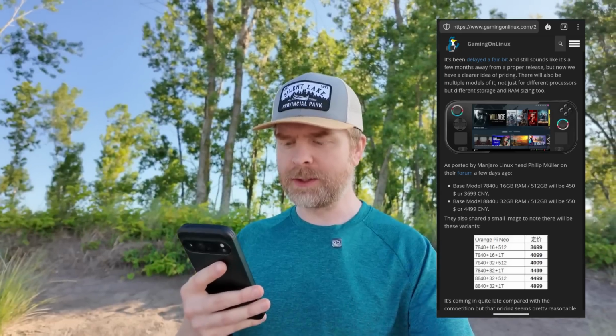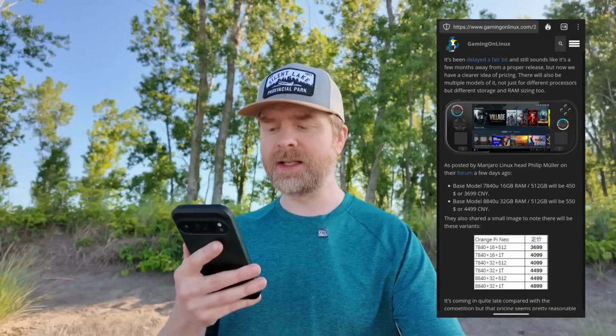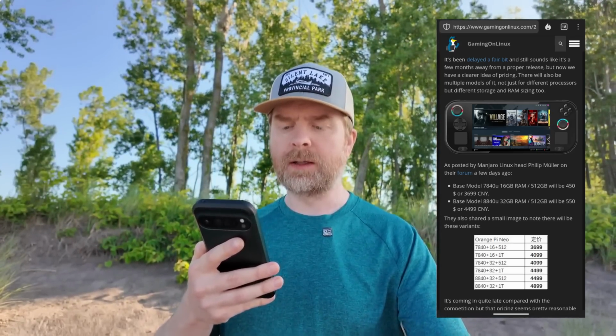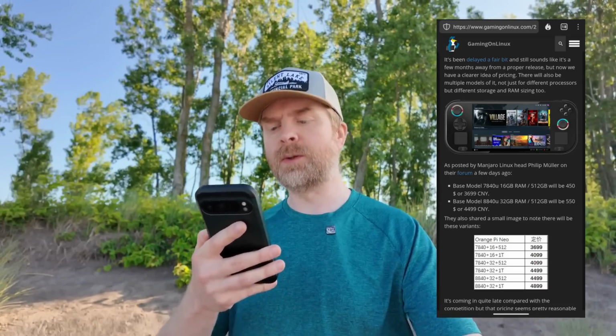And speaking about mobile or handheld gaming, next up here, we're talking about the OrangePi Neo. And we still don't have a release date for this upcoming handheld device that's going to be running Manjaro, but we do have pricing. So pricing here has been released for the two different models. The base model, which features a 7840U with 16 gigs of RAM and 512 gigs of storage, is priced at $450. And the better model here, the 8840U with 32 gigs of RAM and 512 gigs of storage as well,